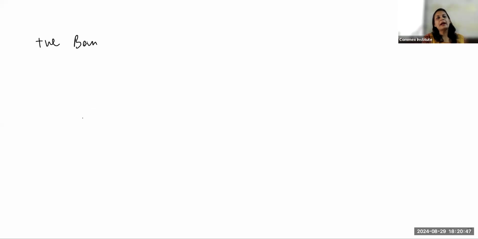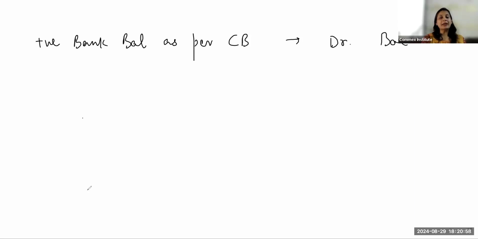Positive bank balance as per cash book would be a debit balance. But I told you, the bank column can have a credit balance also, it can have a debit balance also. In the cash book, the cash column can never have a credit balance, but the bank column can have a credit balance also, which is known as bank overdraft. And negative bank balance